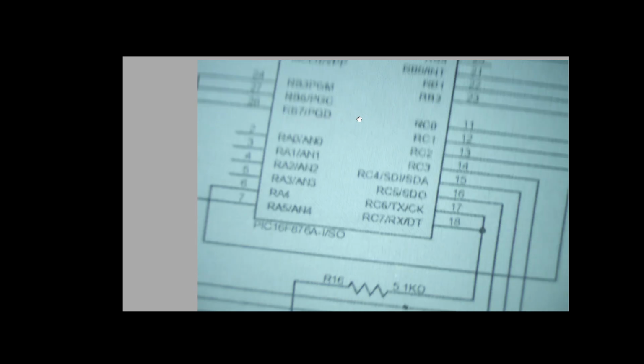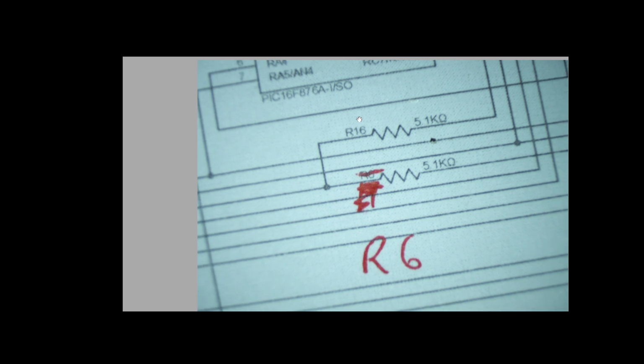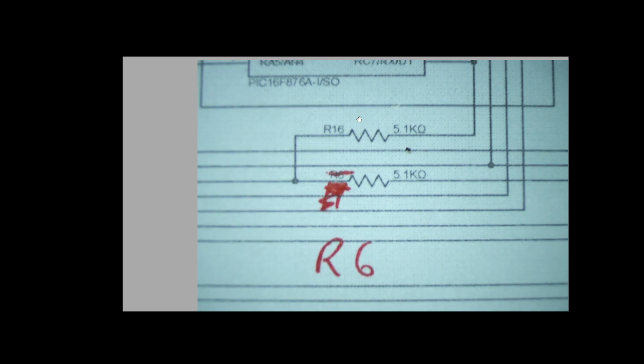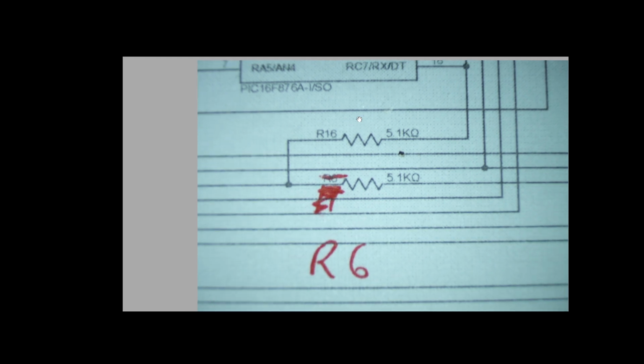Interesting. That's interesting that this is not giving me a good... okay, there we go. Now it's correct, lined up with the microscope. Okay, so anyway, these two resistors are in line with the signals coming from two processors, and